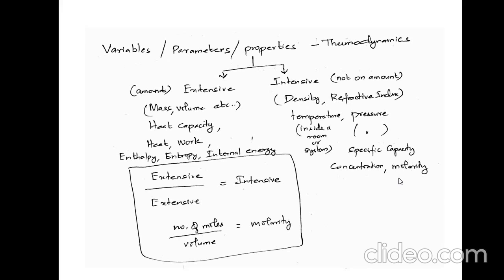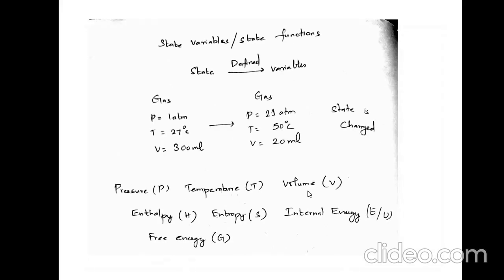How much molar volume we take in a solution, it depends, right? Whether you take 1 litre or 10 ml of solution, the molarity will remain the same. So it will not depend upon the amount of substance, right? So molarity is an intensive property. Molarity is nothing but number of moles by volume, that is extensive by extensive. It's a simple formula, right? You can remember this, right?